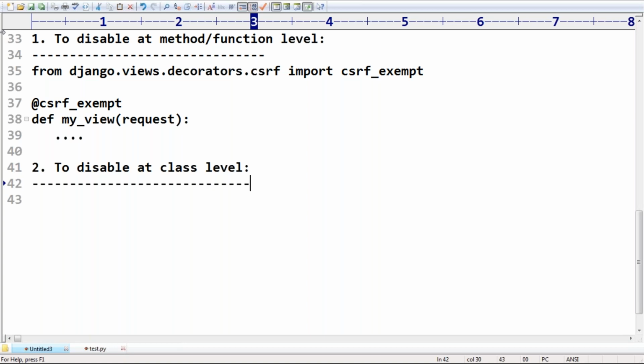We should not also. But if the request is sent from a form-based application, then automatically a CSRF verification token is sent. But here I'm sending from a normal core Python program. That's why I'm not in a position to send a CSRF token, and that's why I'm asking to disable. Getting it?